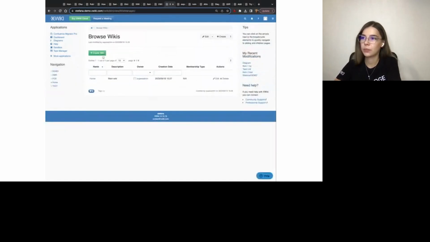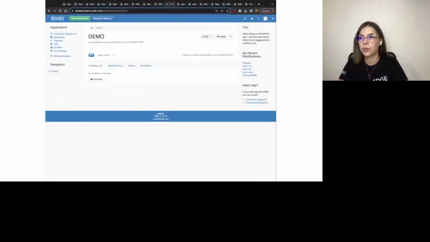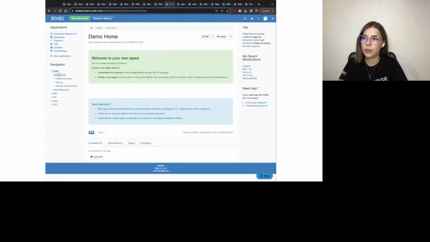And so you can create sub-wikis in the sense that you can create a wiki that will behave as a separate wiki, but will actually be hosted on the same instance. And you can migrate batches of spaces there. You can also choose to remove, for example, the key and only maintain the